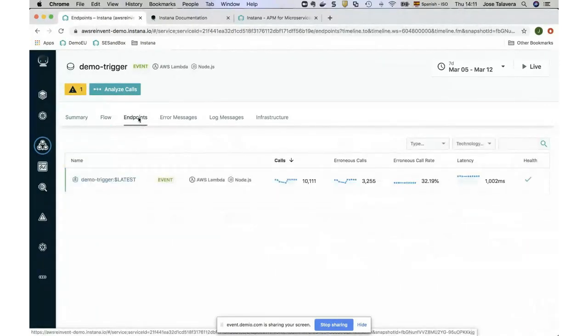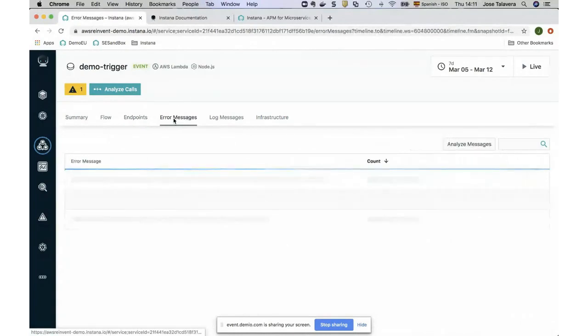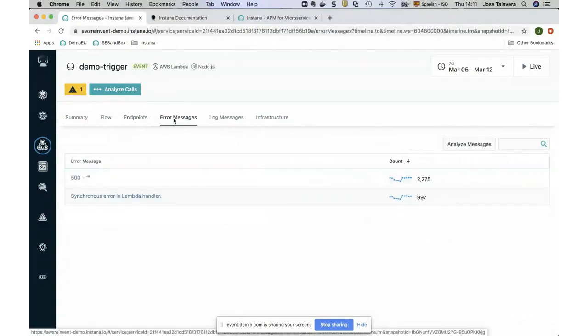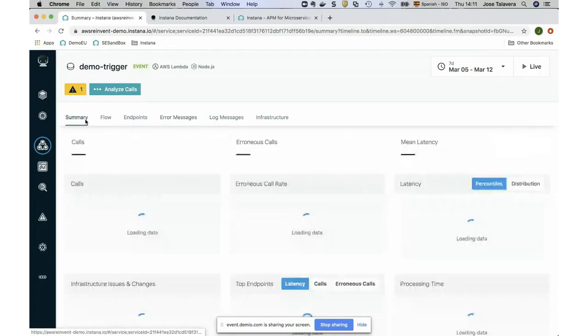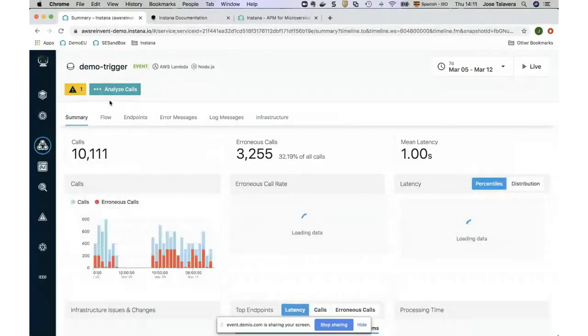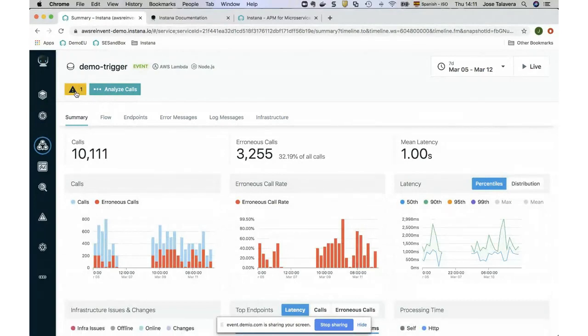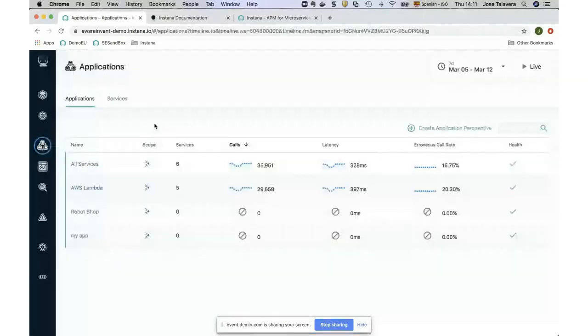If you are interested more in the different endpoints, you can see them in here. See high-level metrics. If there are any messages, erroneous messages, you will see them in here. But that is all more if you want to get into the nitty-gritty. But obviously, what we are all interested in is more the issues, right? So before we move into the issues and how to analyze different traces, let me show you something that is pretty